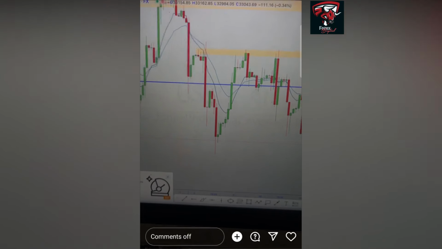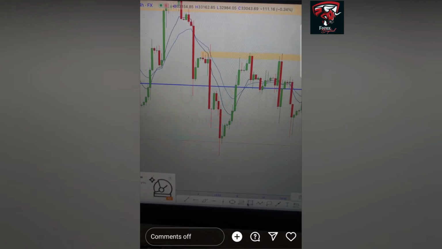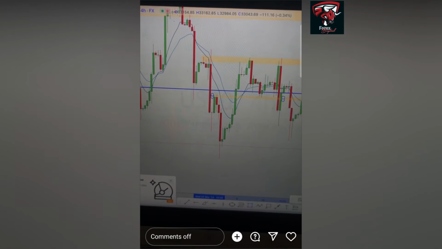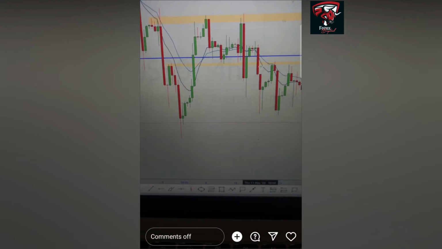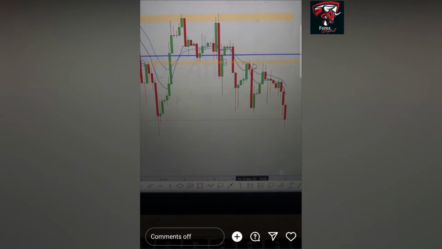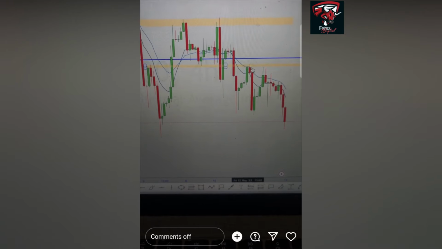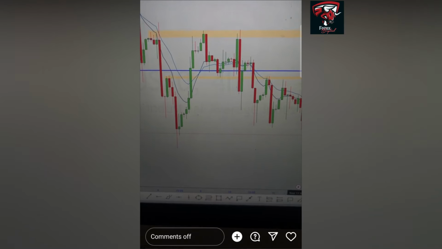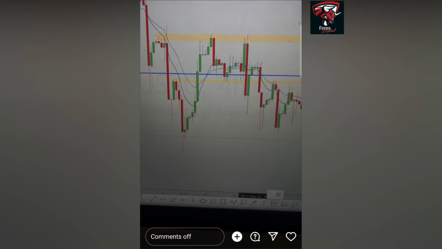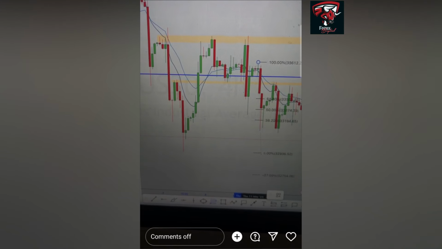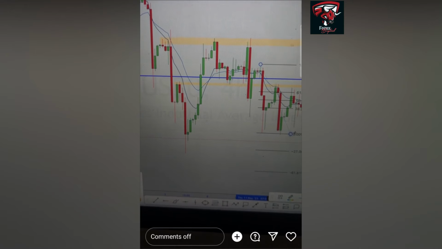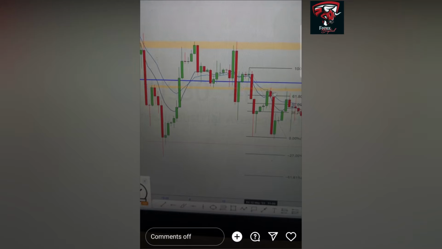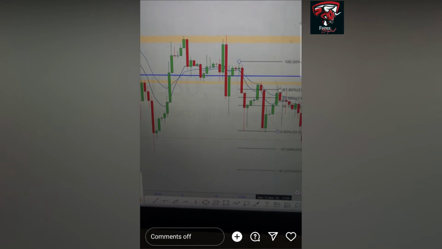Then again, what we did see over here is that we had another psychological area printed over there. That would have been a very, very interesting entry point for me. That would have been the zone that I would have entered at. This would have been my entry point, to be quite honest. And again, you're more than allowed to use your fibs on multiple time frames. That was also another entry point. Had you missed this entry point here, I think you would have been able to catch it there